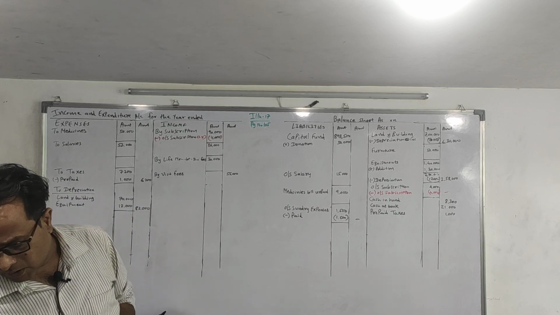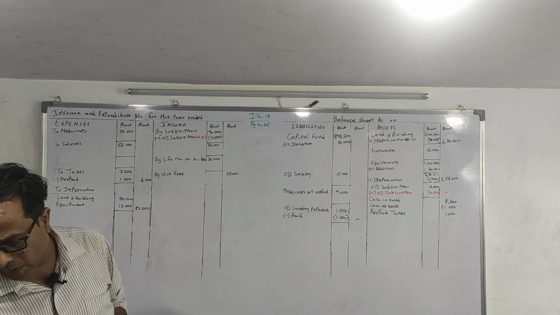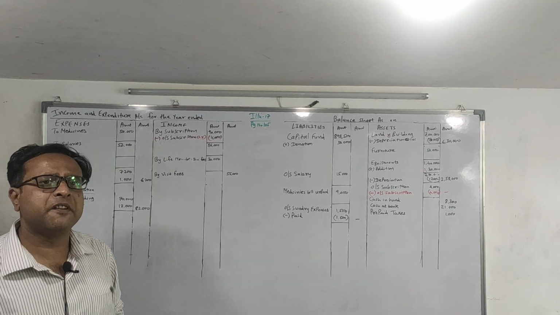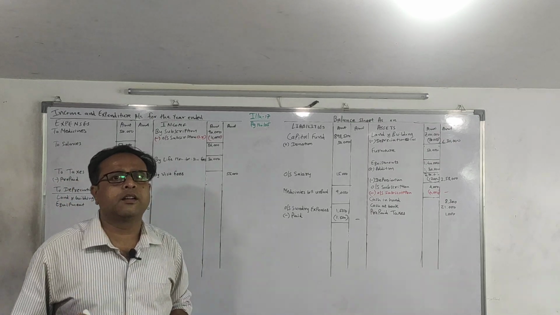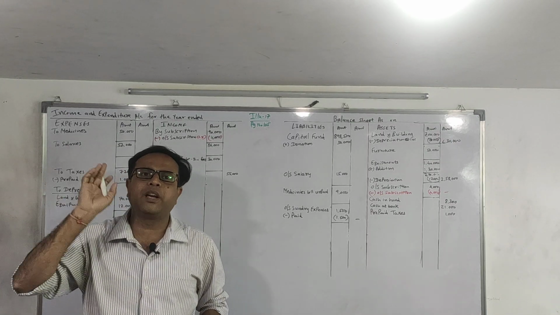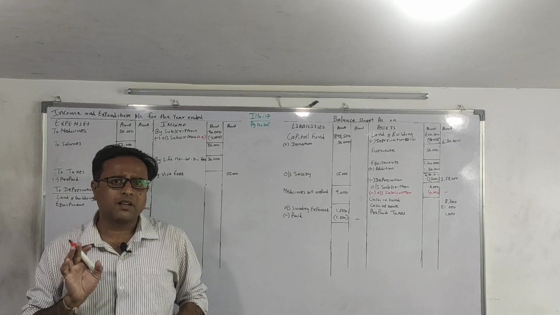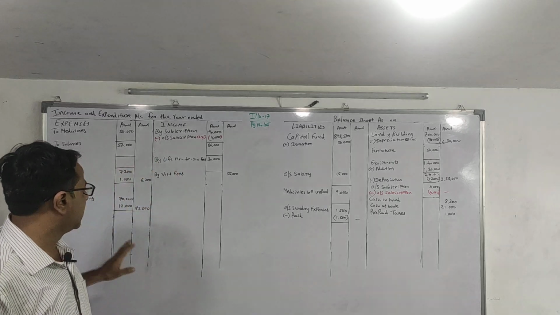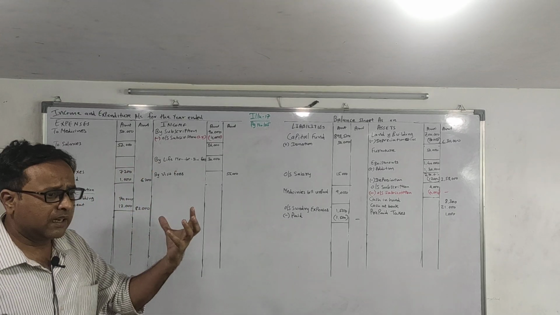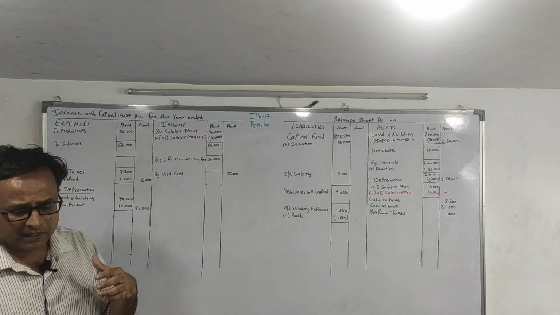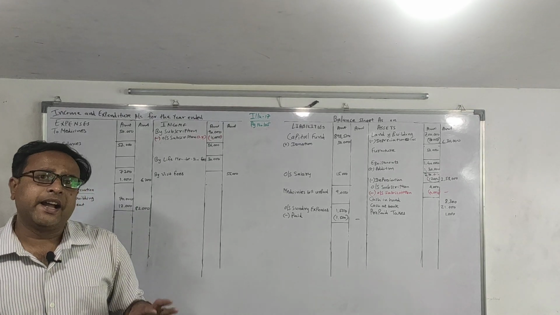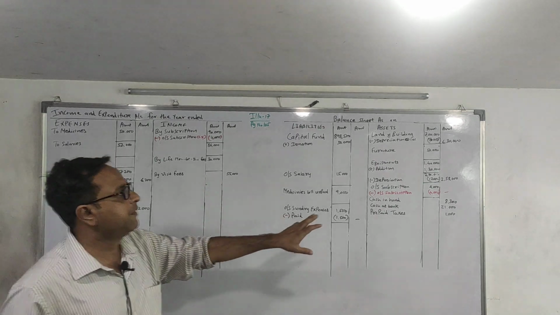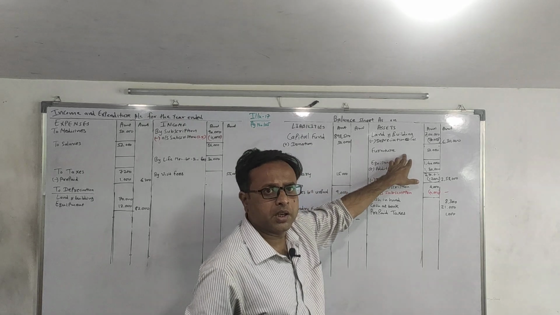Now we'll continue. To sale of furniture, book value rupees 20,000, and you have received how much? 15,000. So in a simple manner, furniture of 20,000 we have sold at 15,000. Correct? So 5,000 is the loss. So where will we write the loss? In the expenditure part. The 15,000 which we have received is already mentioned on the receipt side. And the total furniture of rupees 20,000 which is going out of my business, we will reduce it from my furniture.